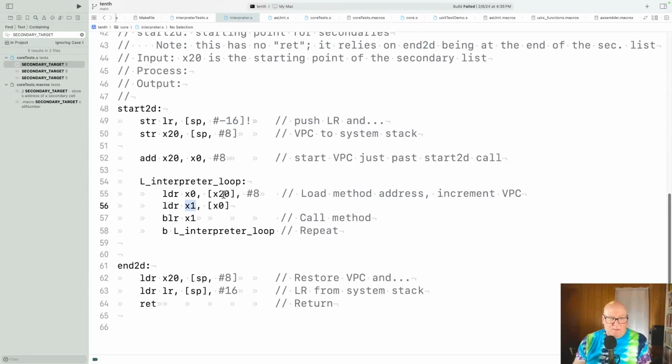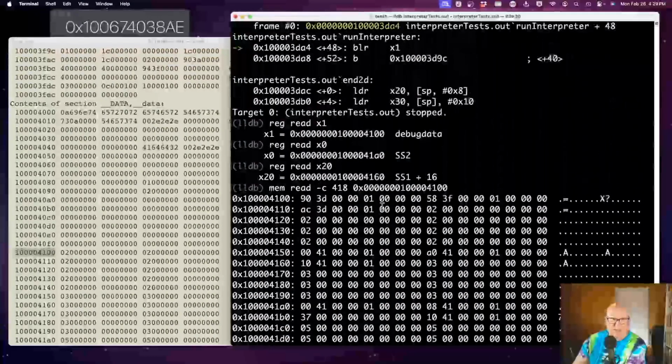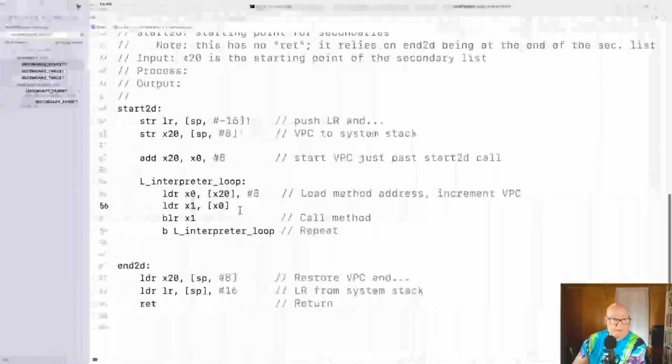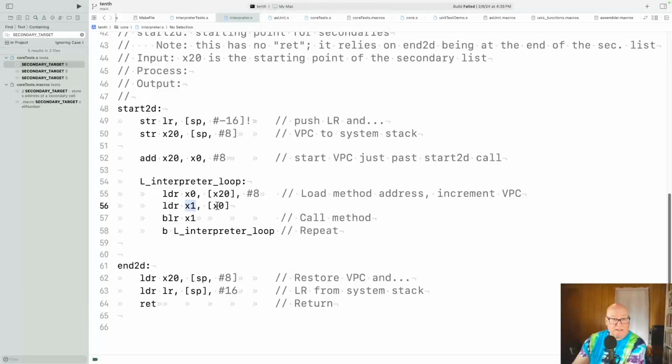Okay, but at this point, X20 is pointing to secondary 1, his call to secondary 2. So we load X0 with that number. That should be the address of SS2 in X0. And I think that's what we said we had. X0 is SS2, right. Okay. Then we're going to load whatever's at there. It's like I need another level. Okay. So X0